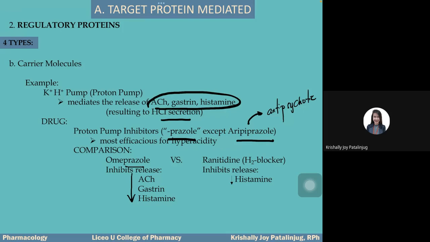Okay? Omeprazole, esomeprazole, pantoprazole, those are examples of PPIs. Ranitidine, what else? Famotidine. It is present in Kremil S, the blue one, Kremil S Plus. Right? Famotidine is present, so it has an H2 blocker. Cimetidine, nizatidine, those are examples of H2 blockers. Okay? H2 blocker ranitidine,